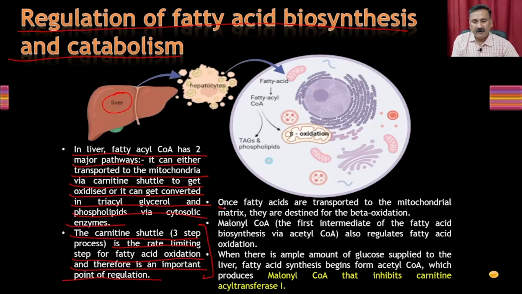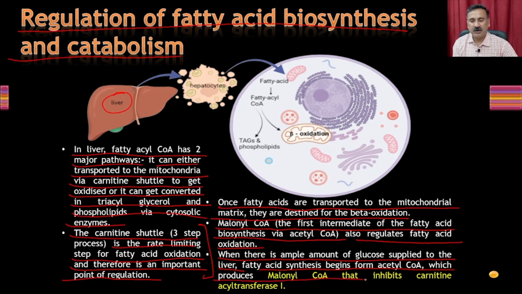So once the fatty acids are transported to the mitochondrial matrix, they are destined for beta oxidation. For example, malonyl CoA, the first intermediate of fatty acid biosynthesis via acetyl CoA, also regulates fatty acid oxidation. When there is an ample amount of glucose supplied to the liver, fatty acid synthesis begins from acetyl CoA, which produces malonyl CoA that inhibits carnitine transferase, which means if there is enough glucose, it is actually going to block the carnitine shuttle,